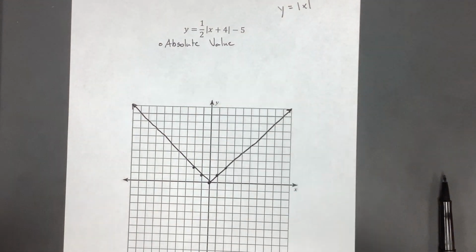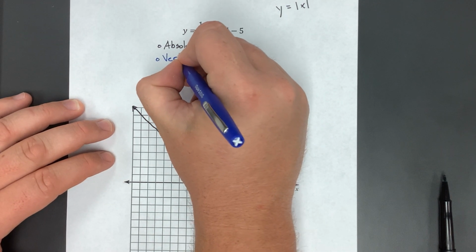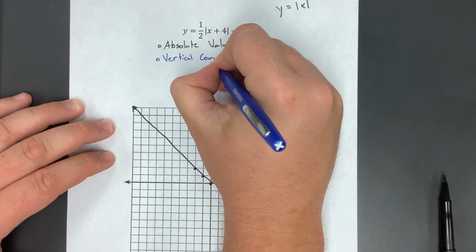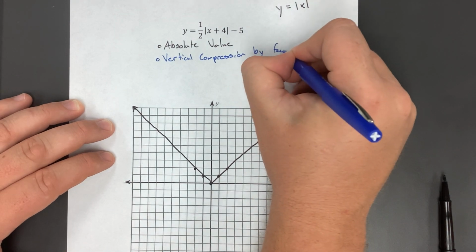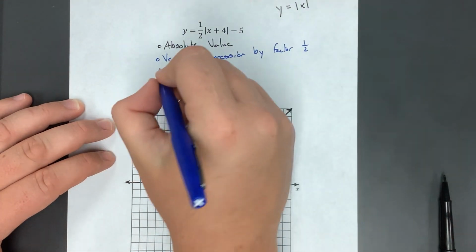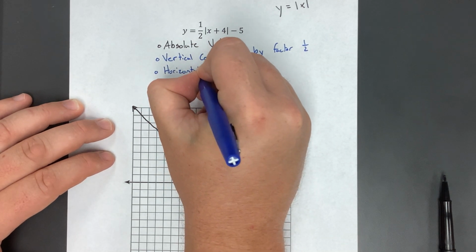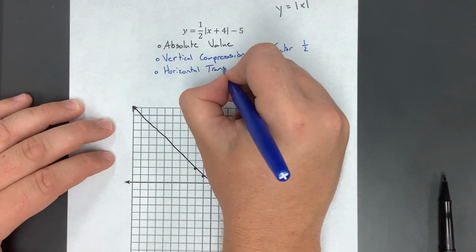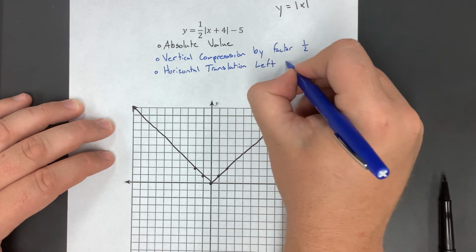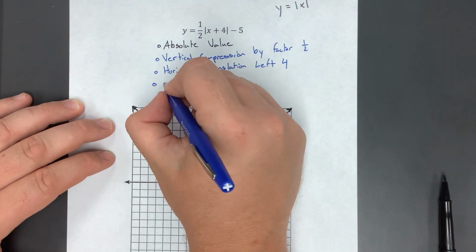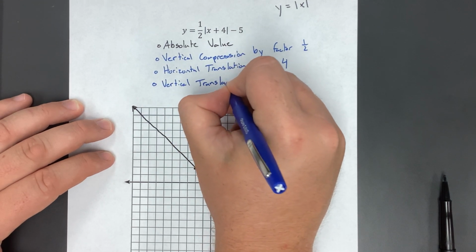Now, I don't have a negative, so I'm not going to have a vertical reflection. I do have a 1/2 here, so that's going to be telling me a vertical compression by factor 1/2. I've got +4, so that's going to be a horizontal translation. And because it's +4, it's going to be left 4. And then -5 tells us a vertical translation